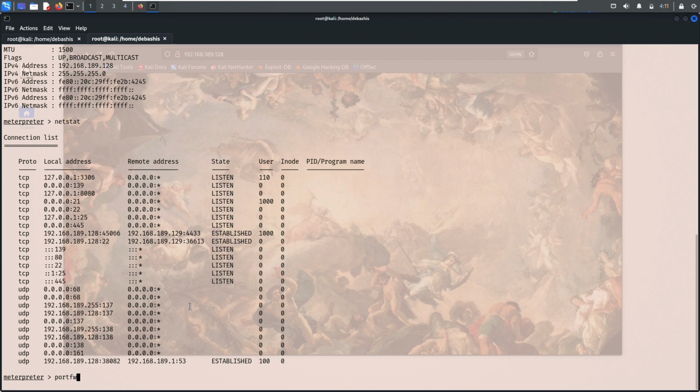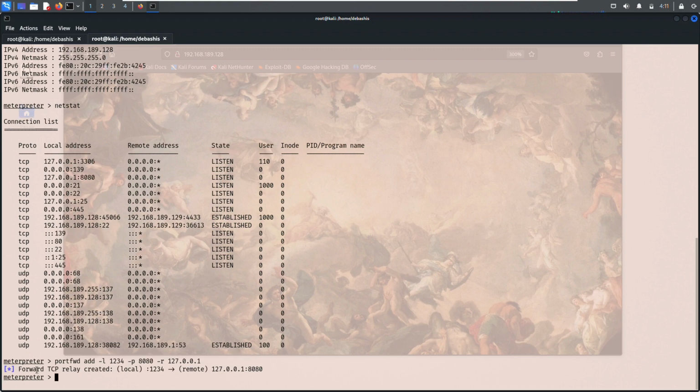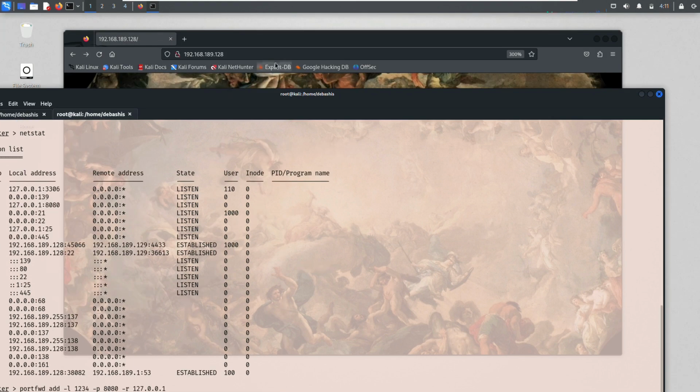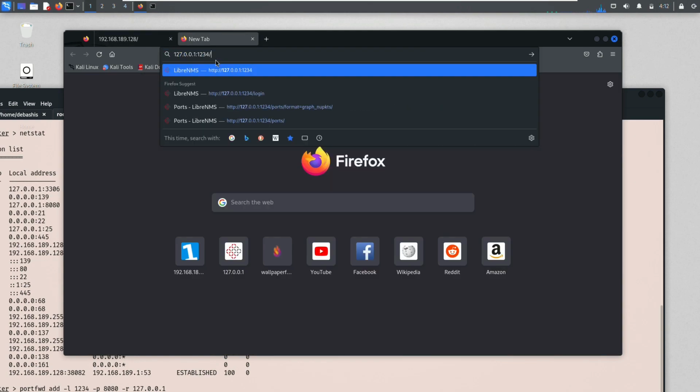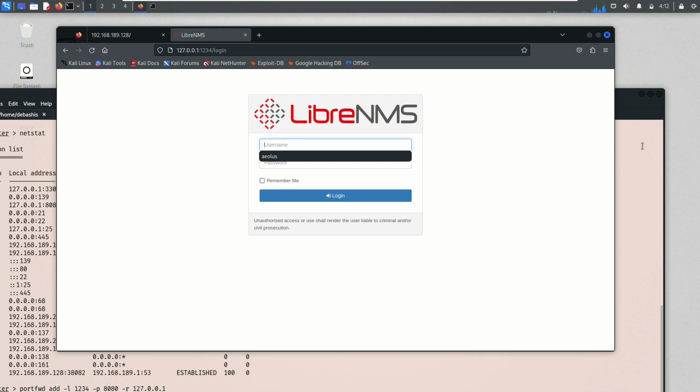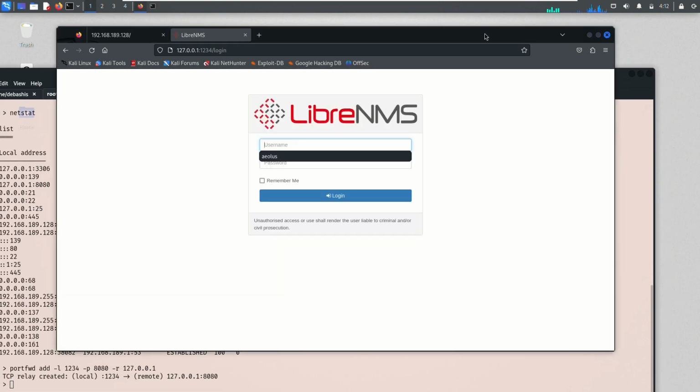This is definitely an administrative privileged command, as I'm typing it from the Meterpreter reverse shell. I'm going to choose 1234 for the port 8080 and local, sorry, 1. And as soon as I enter it, the forward is created. So I'm just going to write here, and boom, you can see we have the login page, and this is basically LibreNMS,